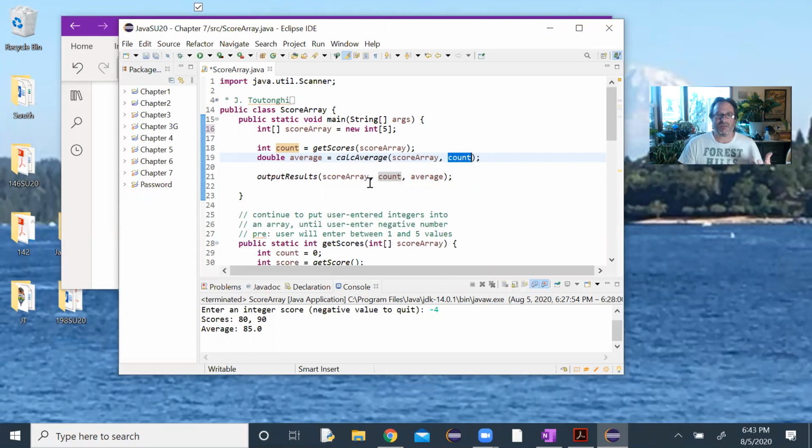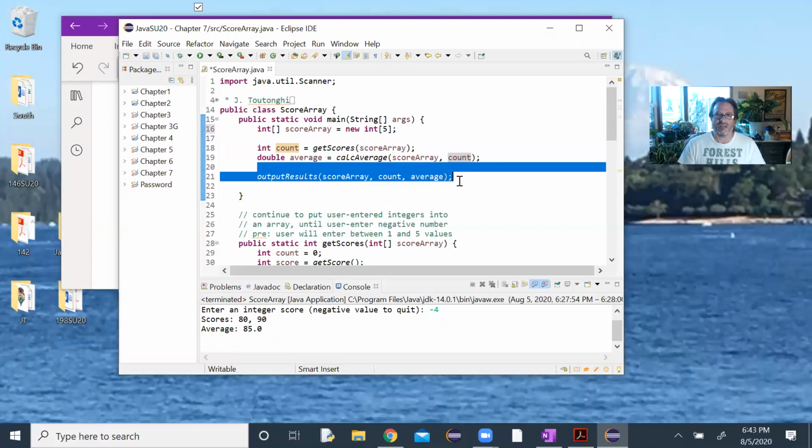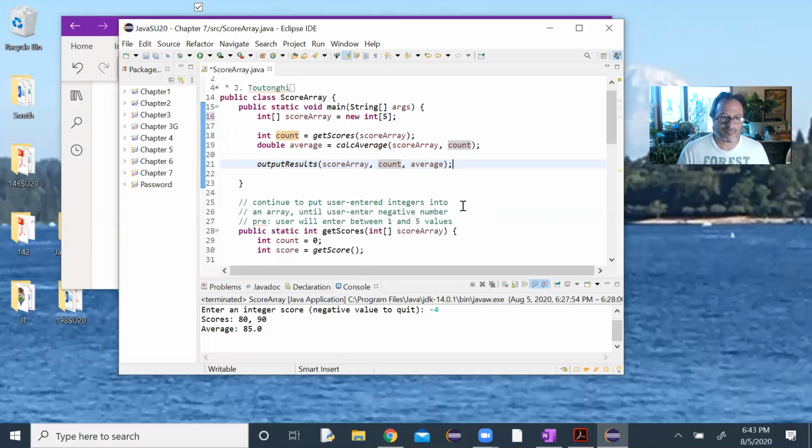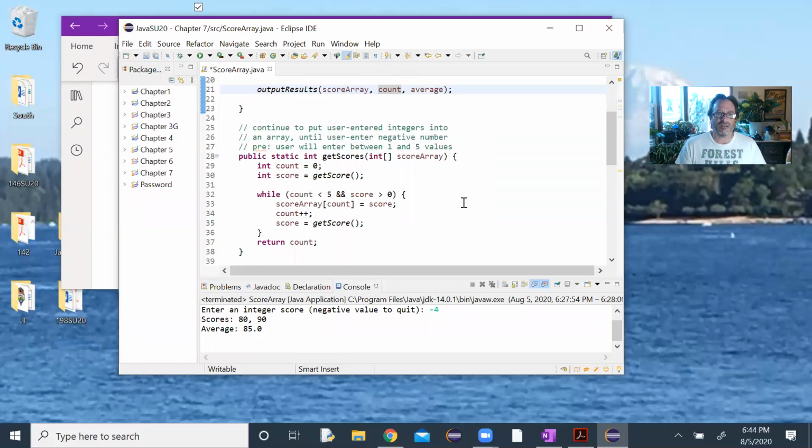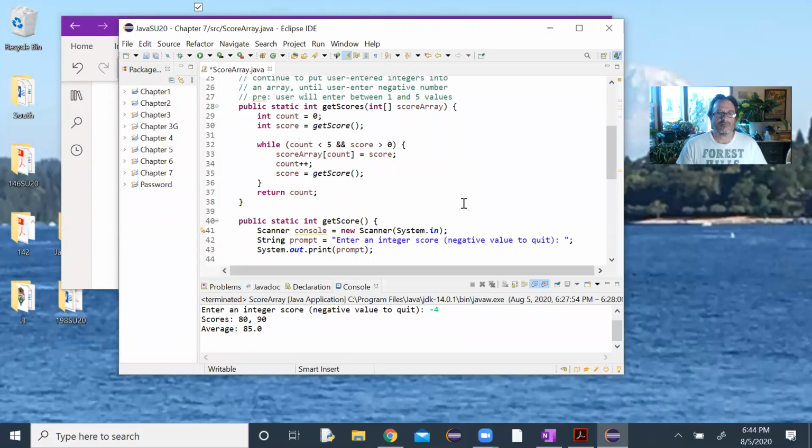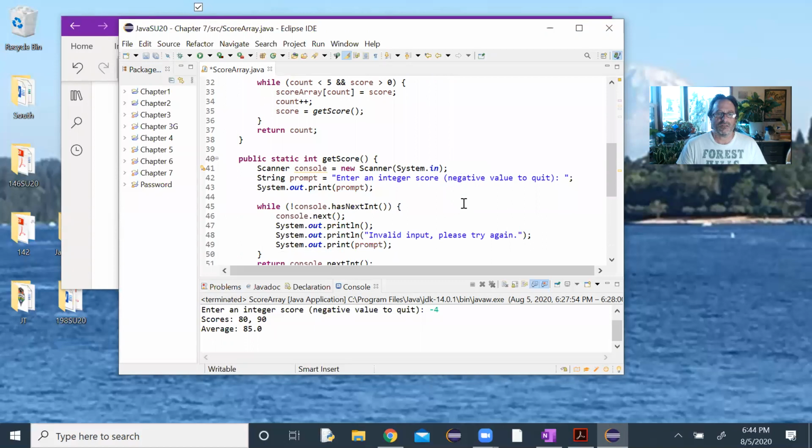Where we need to be careful about the user not entering any scores is in the average function, because if there are no scores entered, the count would be 0, and you can't divide by 0. So that would be an issue in calculate average, and it would also be an issue in output results. So we'll go down to